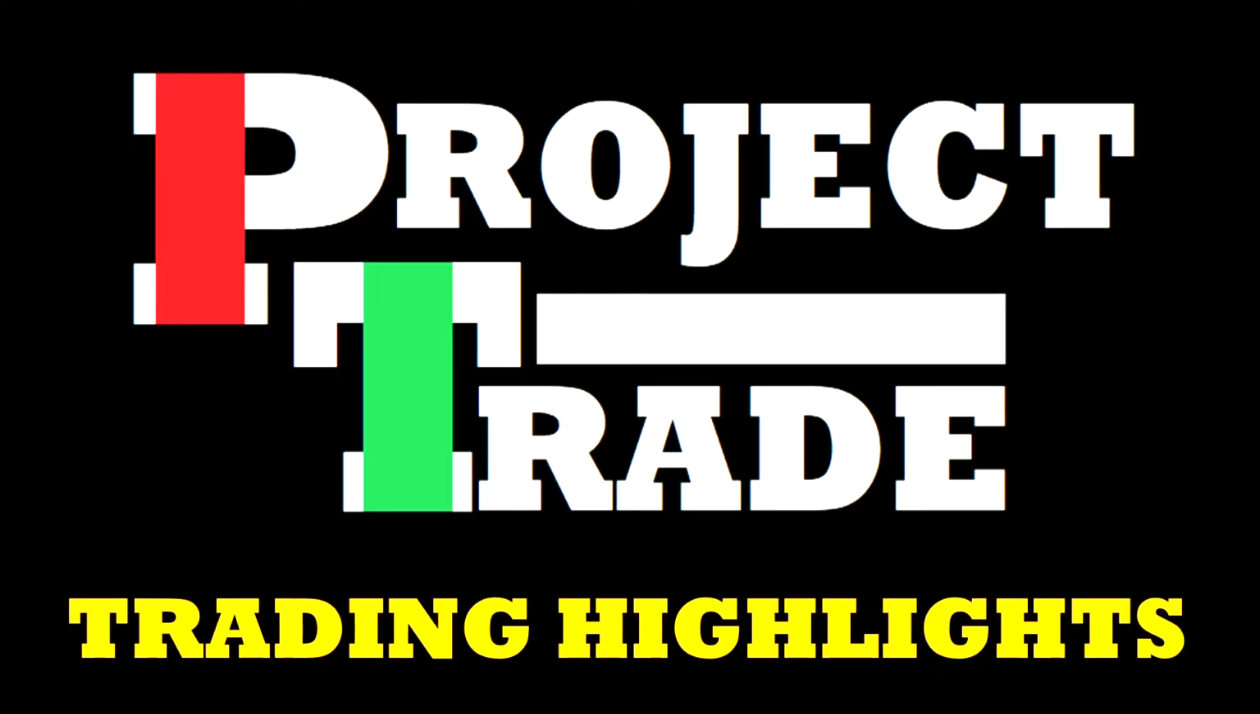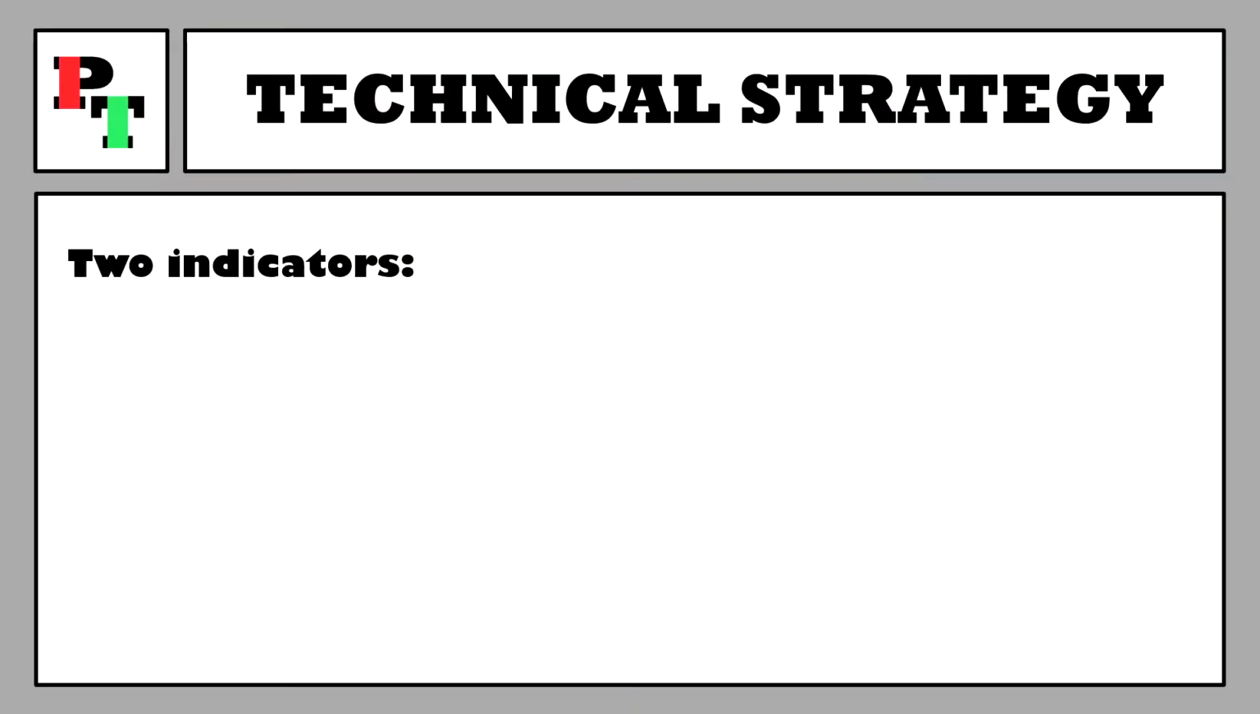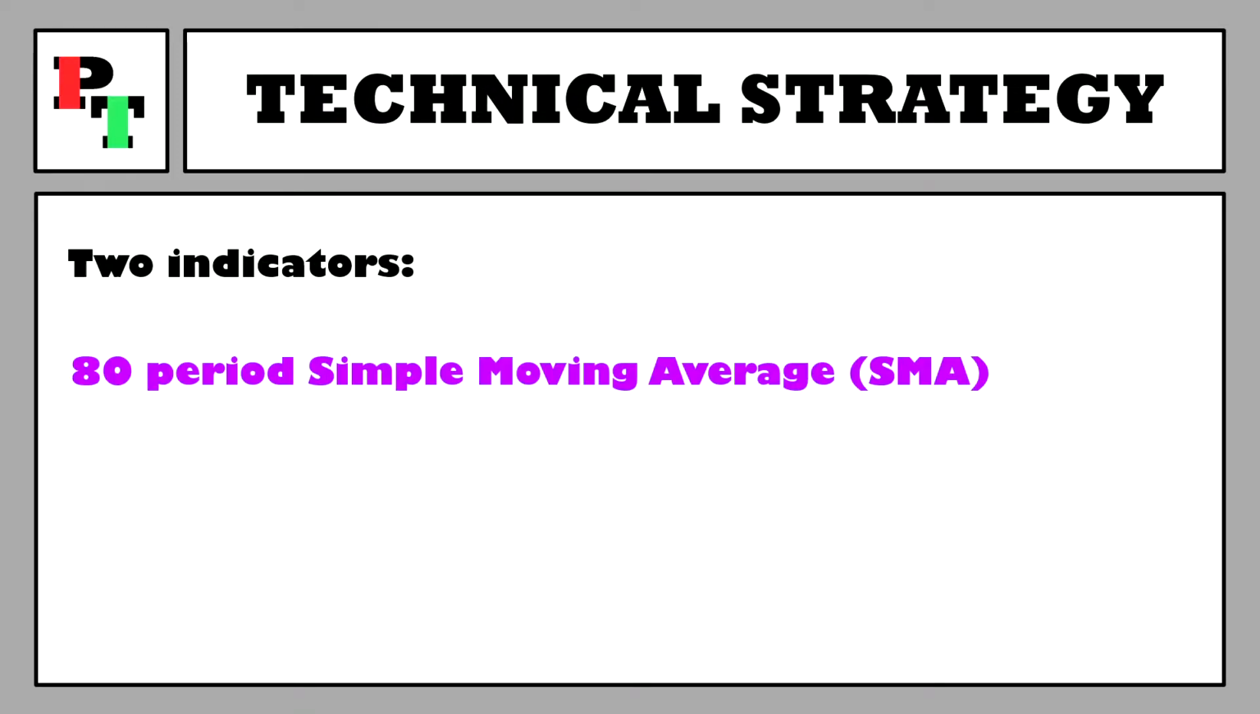This is the trading highlights show, all the best bits from our testing of trading strategies. Today we're on a technical trading strategy which is going to leverage two technical indicators to try and find some trends for us. Our first indicator will be the 80 period simple moving average, the simplest of all moving averages,